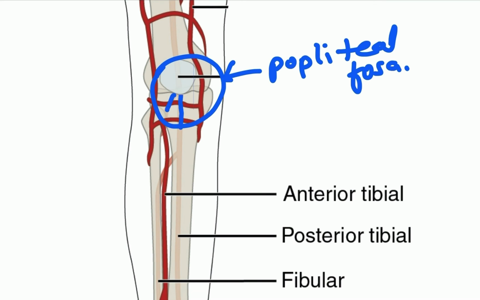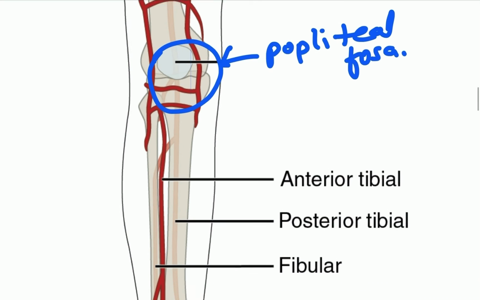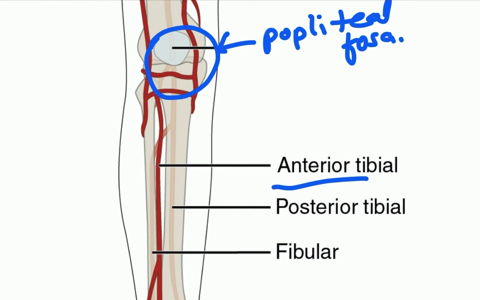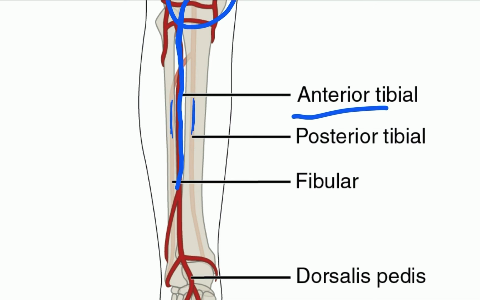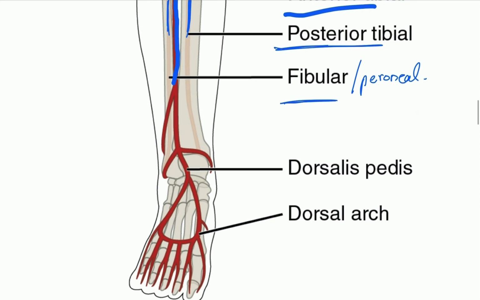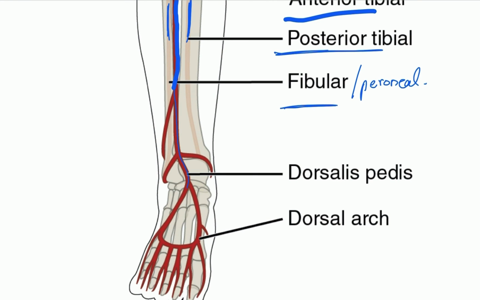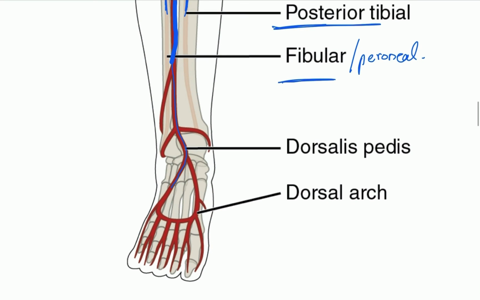You can see 2 branches coming out of it, right? The anterior tibial artery is coming at the anterior side, and you can still see 2 shadow arteries present at the posterior side. One is the posterior tibial artery and one is the fibular artery. Fibular artery is also known as which artery? The peroneal artery. Further, you can see this anterior tibial artery is coming at the dorsal of the foot, right? I told you to remember what is the dorsal of the foot and what is the plantar surface of the foot. So this is coming into the dorsal of the foot and becoming the dorsalis pedis artery.